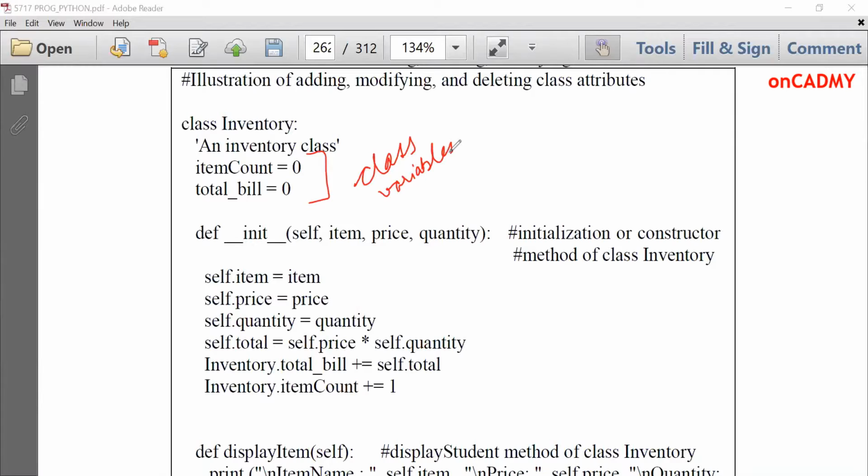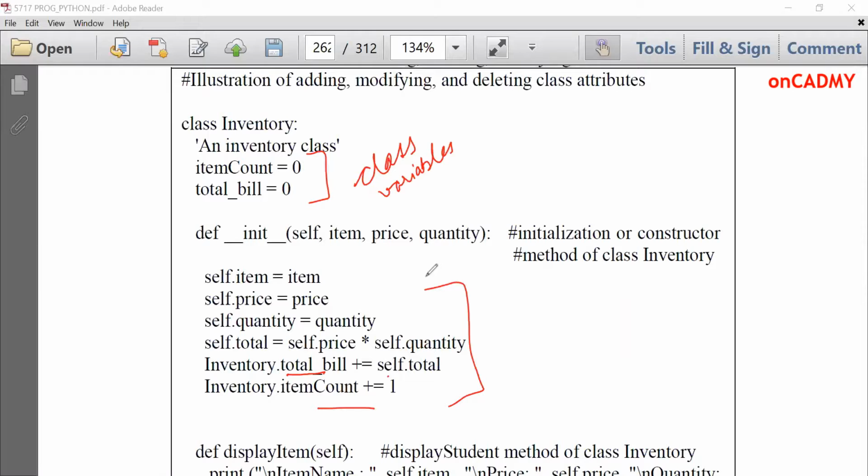And in the init method, that means constructor method or initialization method, we have defined these variables: item, price, quantity, then total, where we have computed the total by multiplying price with quantity, and then total bill is computed by adding self total, means this total with the previous total amount. I have already told about this yesterday.